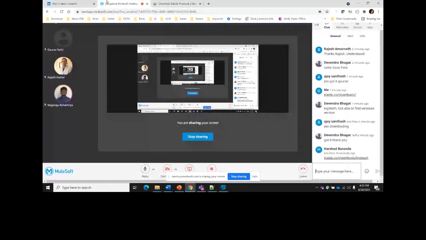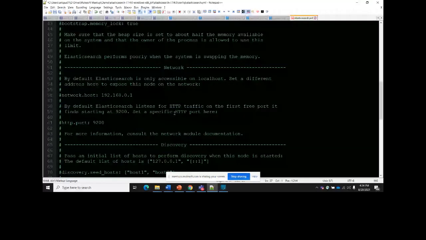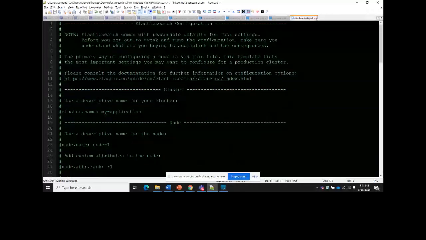As of now, I will just uncomment two things. One is the path.data and another is path.log. Okay, guys, please uncomment these two things. And another is network port 9200. Three things are done. Okay, great. Once these three things are done, we are just closing the file